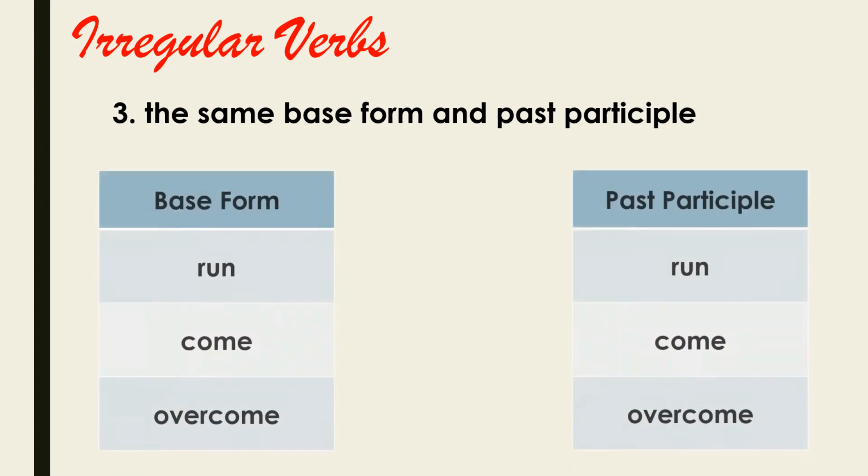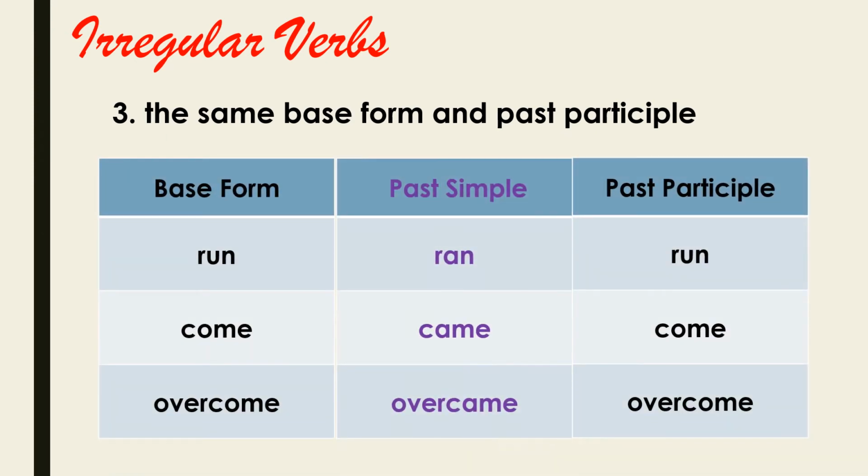The third division of irregular verbs are those with the same base form and past participle but different past simple. Let us take a look at the given examples. We have run, come, and overcome. Their past tenses are ran, came, and overcame, but when they are transformed to their past participle, they go back